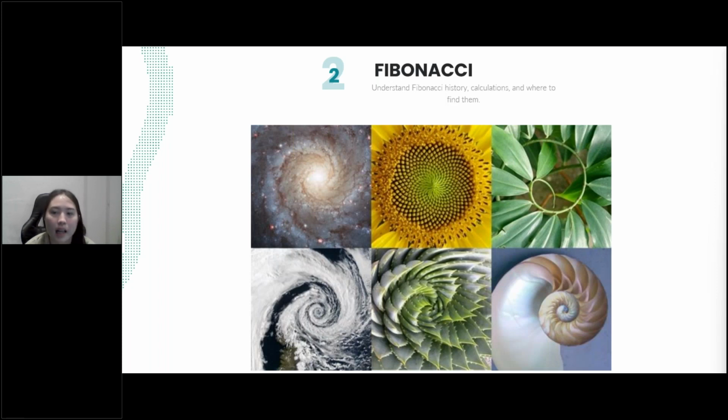So a lot of people say that Leonardo Fibonacci himself was saying Fibonacci is in nature. Everything is in the golden ratio. We see it in galaxies, flowers, vines, hurricanes, seashells. We see it in art. We see it in architecture, and now in most of the brands that you see, they need to be aesthetically pleasing, so they follow these ratios. So Fibonacci is just a series and a pattern. If you guys are really interested in this topic, after this webinar you can go in depth and Google more about it. But today I'm just going to touch on the surface of the Fibonacci history.